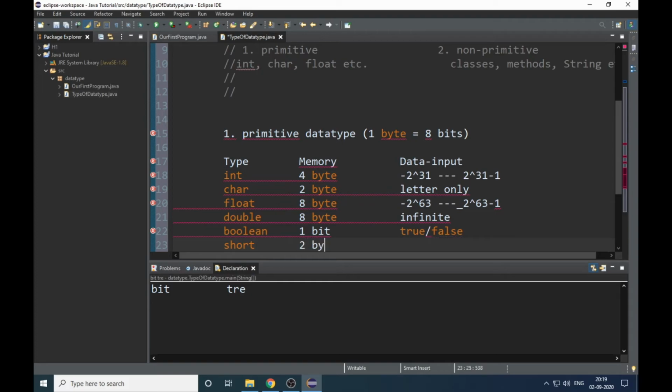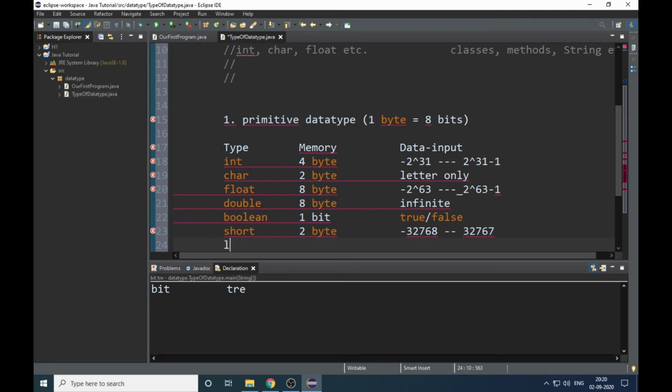It consists of 2 bytes of memory, and it has a value from minus 32768 to 32767.